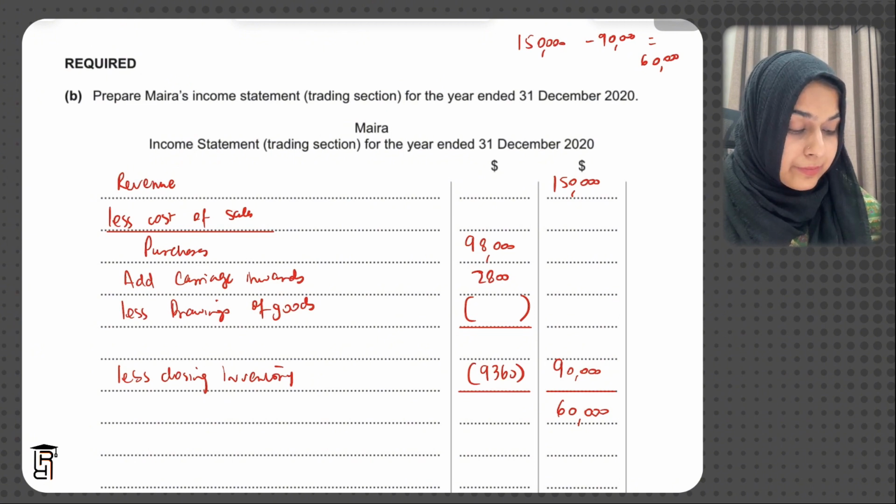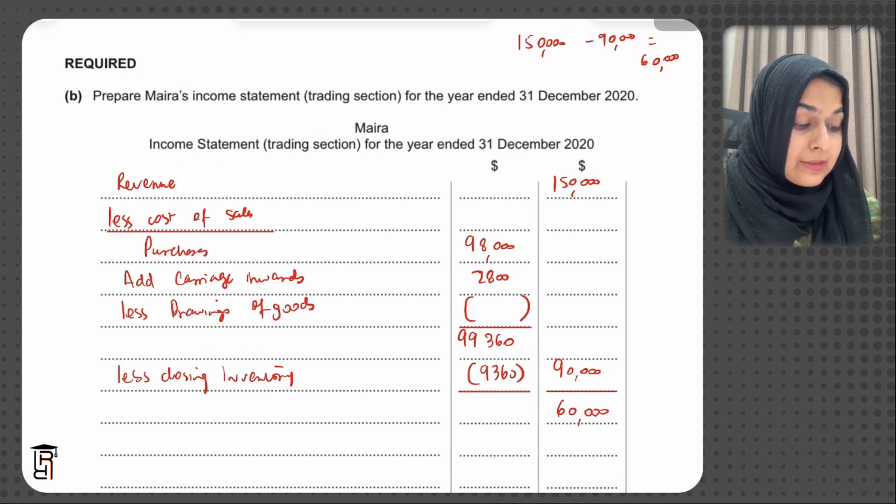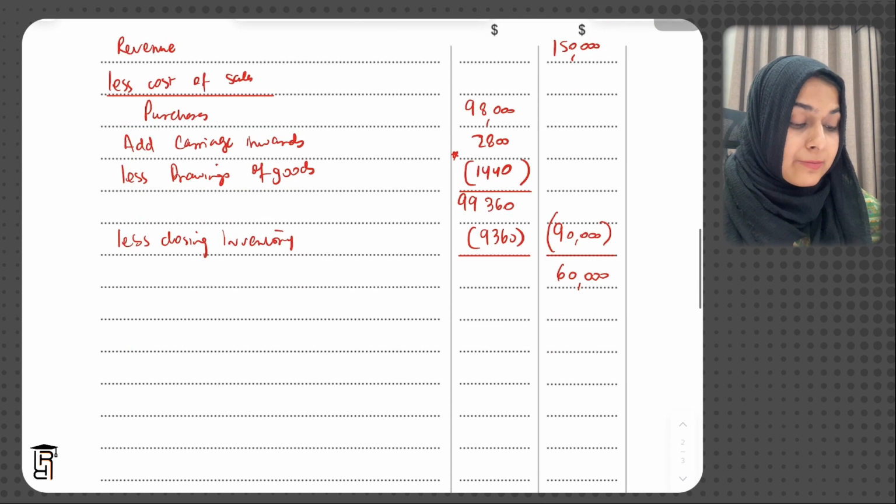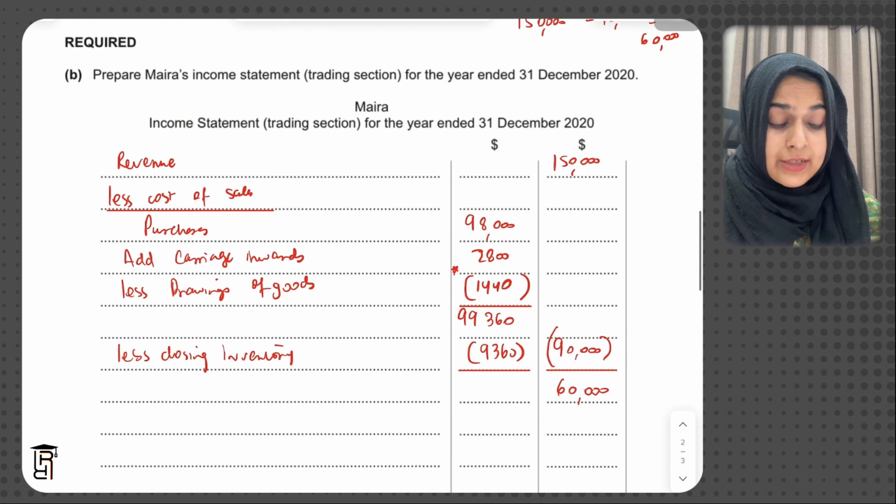So when I calculate backwards, this must be 99360. So 90,000 plus 9360 is going to give me 99360. And here you need to find this out. So when I add these two, purchases and carriage inwards, the addition of it will be 100,800. And then when you subtract 100,800 and 99,360, you get 1440. So 1440 is my drawings of goods, which I have taken out through this trading section of the income